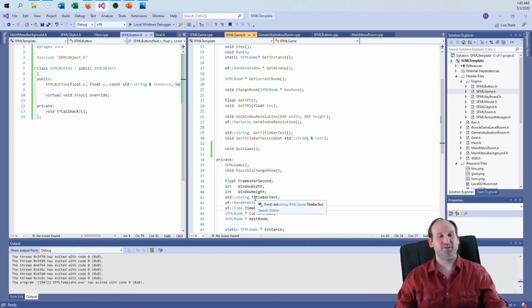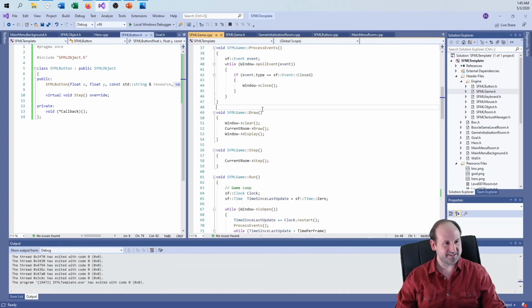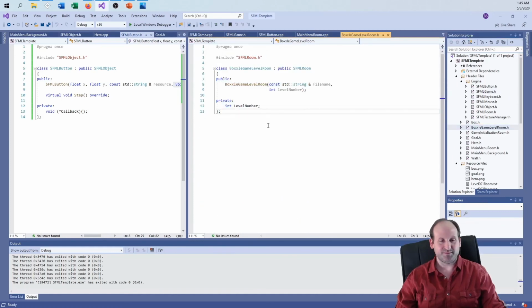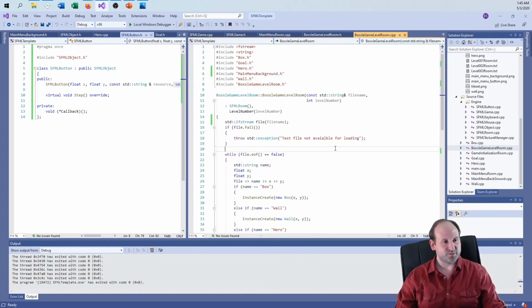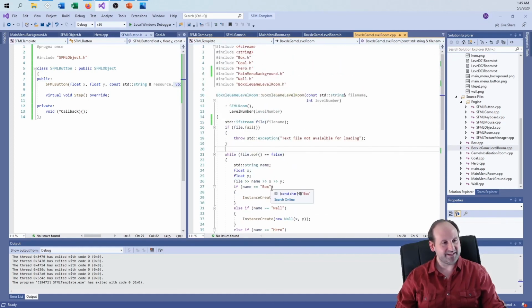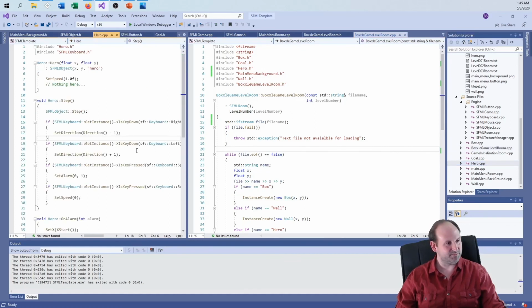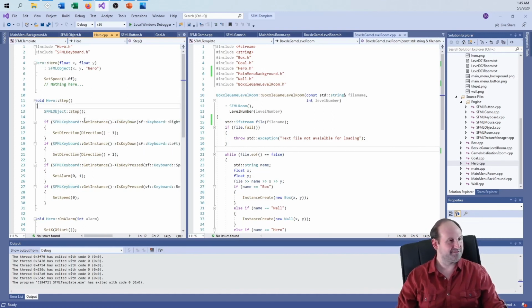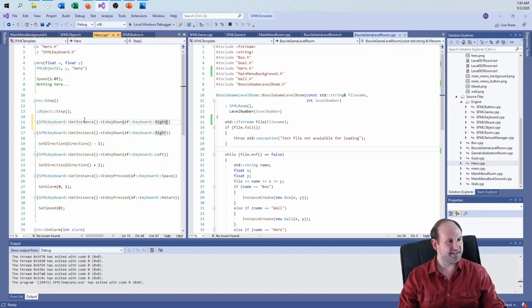We have a main menu that will now take me to the game rooms themselves. And just to bring it all full circle, in the Boxxle game room level .cpp, since I haven't done it yet, let me put it into the hero class instead of the Boxxle game room. So all of this code here, I press keys to do things, but if the hero presses the escape key,